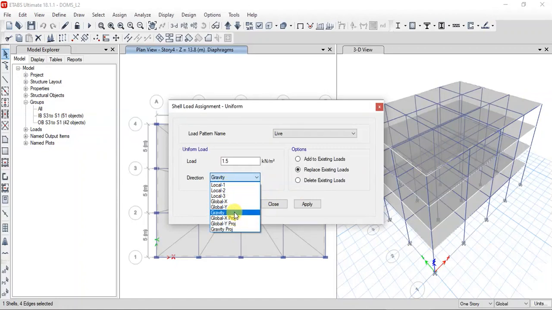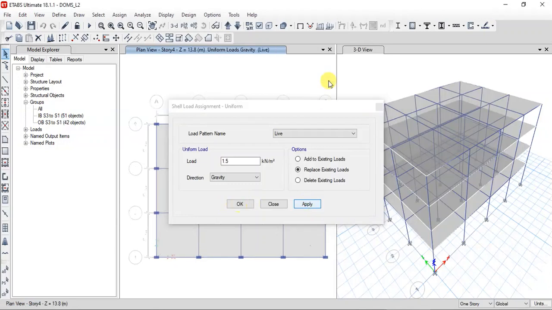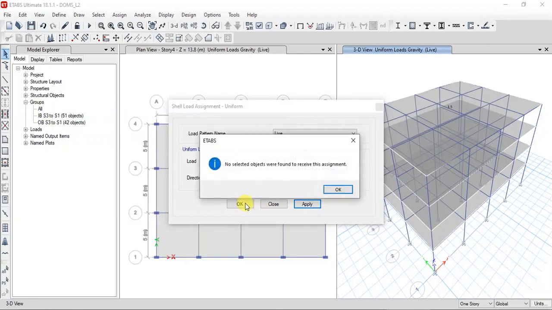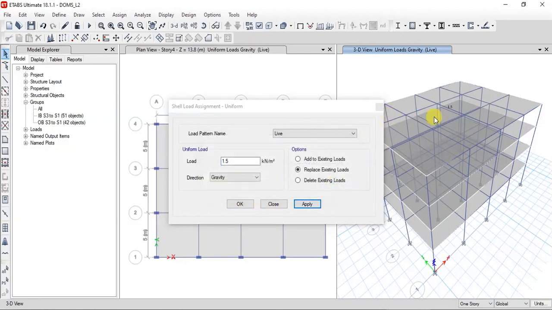But normally we apply the live loads and dead loads towards gravity, that is acting downwards. So just select gravity and then click apply, and then click apply and OK. So now you can see that the number 1.5 has been displayed. That means on this roof we have applied 1.5 kilonewton per meter square of live load.